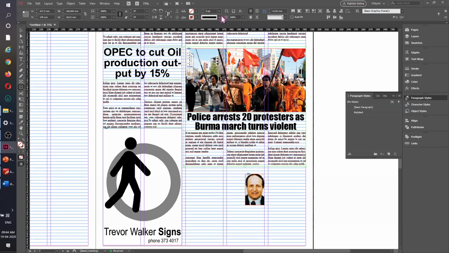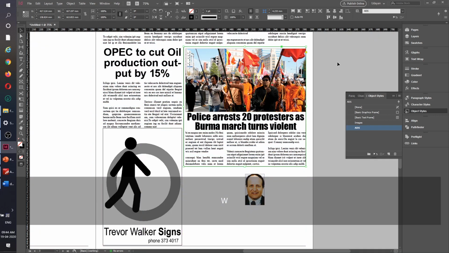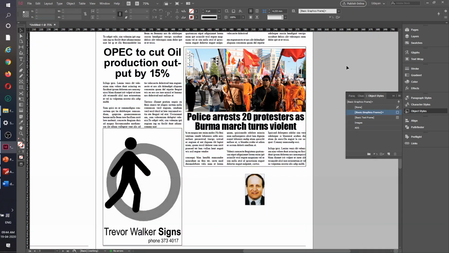And then I will give a box. So since for the ad I made already, I will simply go to object style and maybe click, it should be working. And there is no fill, so everything is fine. Okay, now to show you what I am doing, I will press W so that you understand. Okay, so I will press W, and here you will see a very funny situation.